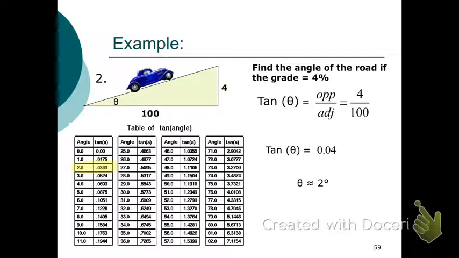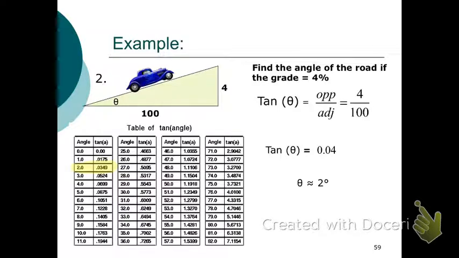Here's another example. Let's say you have a road, and you say that it has a grade of 4%. That's a pretty steep grade actually, for like a railroad would have about a 4% grade. Which means that for every 4 feet you go up, you go out 100 feet. So the ratio, you've got your little right triangle, theta is your angle, opposite of theta is 4,